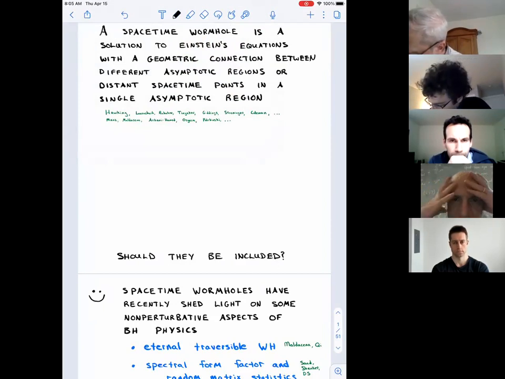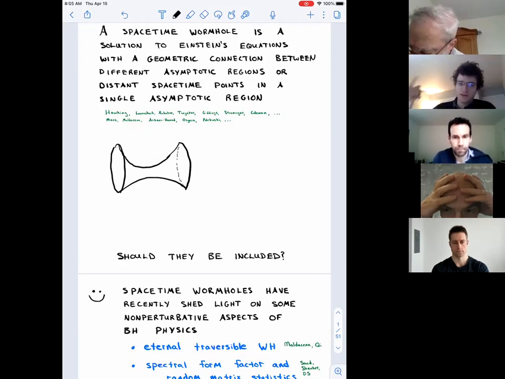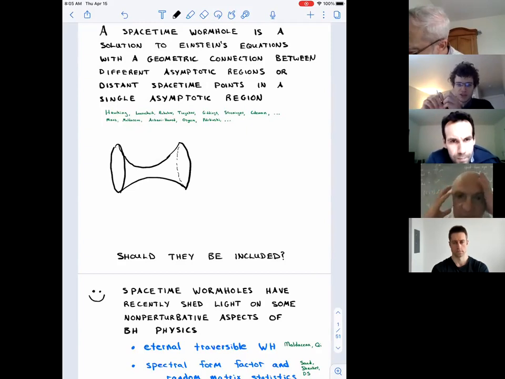So for example, a picture that you might want to have in mind is something like this. We have some kind of wormhole like this, where the compact direction here, let's say, includes time, so that this would be the entire space-time geometry. For 1 + 1 dimensional space-time, we'd have a configuration like this, where there's some geometry connecting two asymptotic regions.